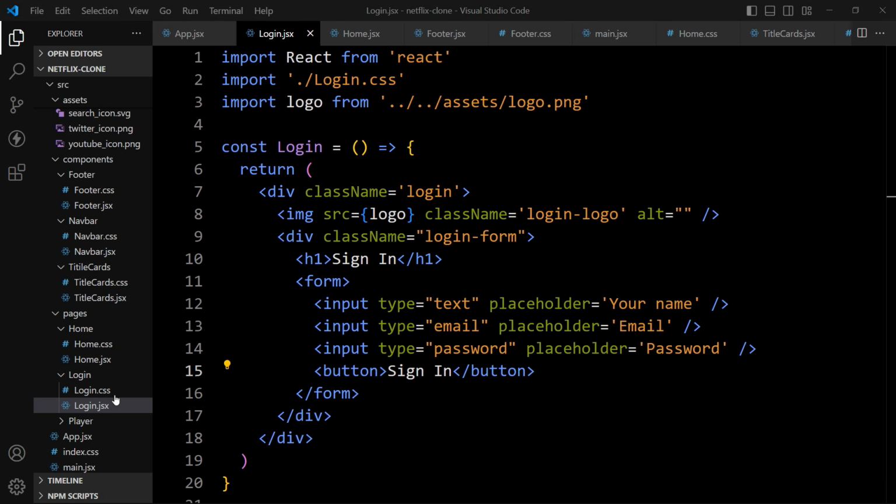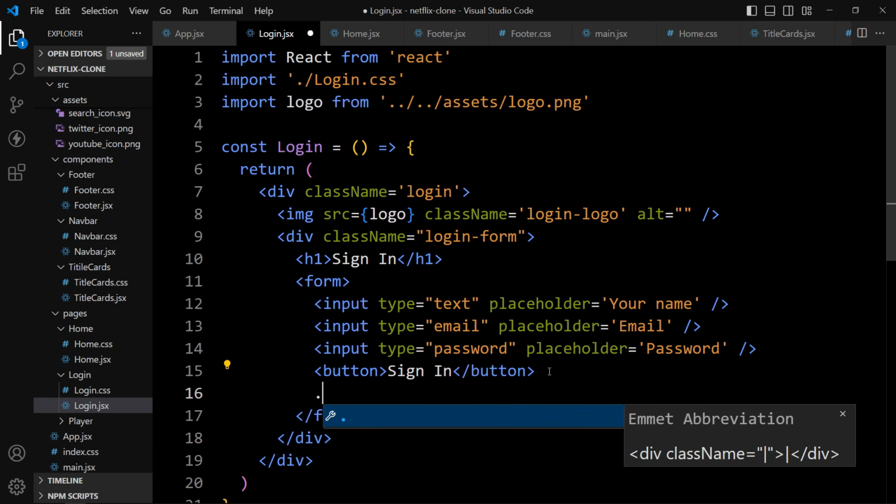After this button there will be one checkbox and one text also. So let's create one div with the class name form help.